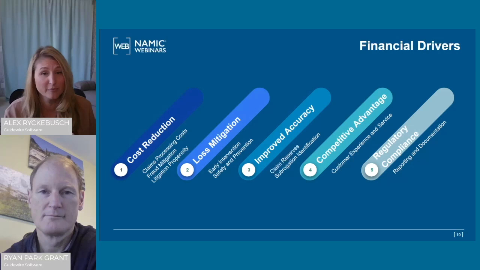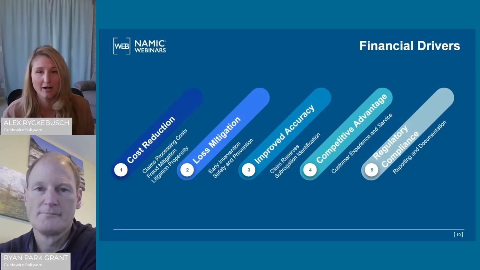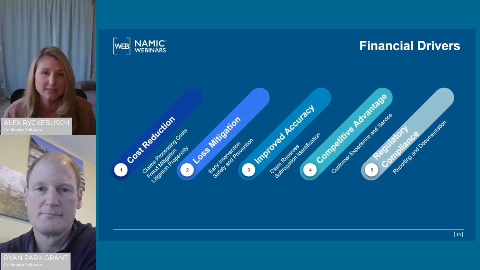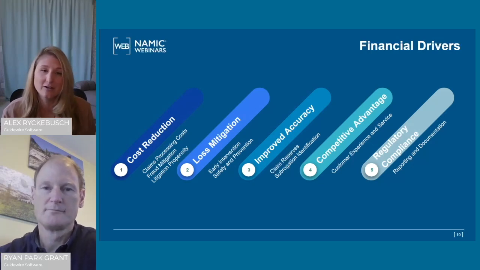And then finally, from a regulatory compliance perspective, this is another financial impactor that we can recommend to use as a lens or in consideration for your use cases. So in improving the accuracy of your reporting and your documentation ultimately can reduce the risk of penalties and fines going forward. So we encourage, as you are considering implementing these various use cases, to take a look at what your key financial drivers might look like, and where you should start to consider your baselines and really capture how the use case can impact you over time.